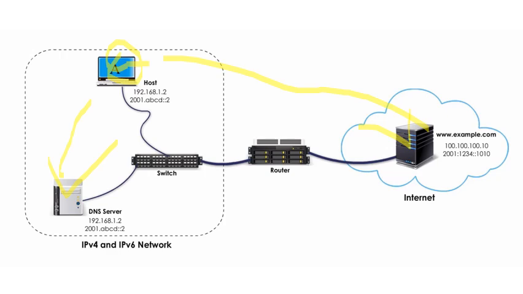Here the DNS server will get the request and reply with both IPv6 and IPv4 addresses. Here the IPv6 address will be in the format of AAAA, and the IPv4 address will be of type A